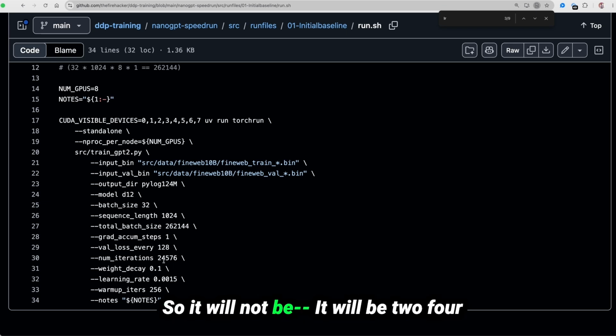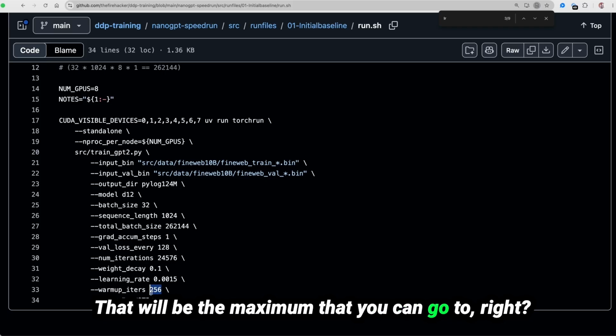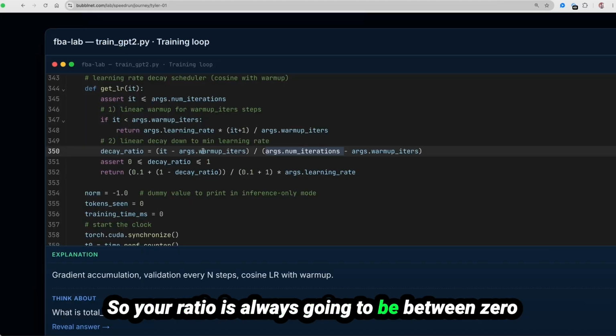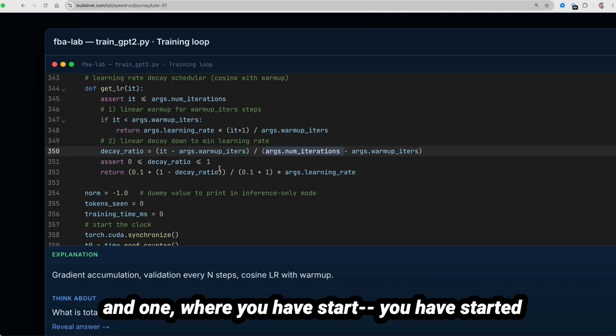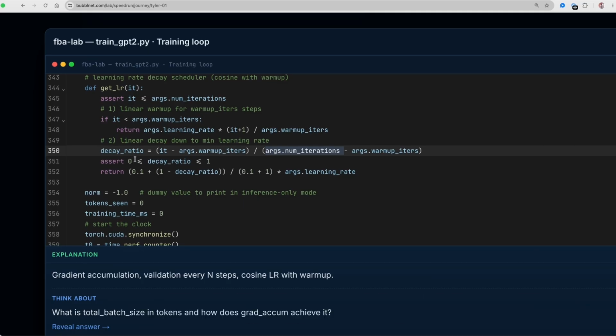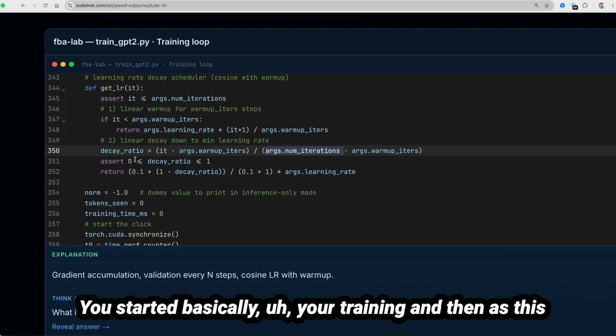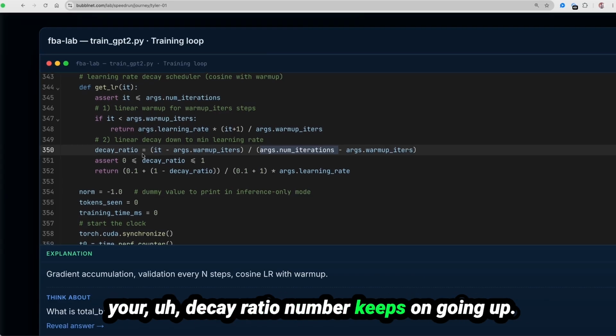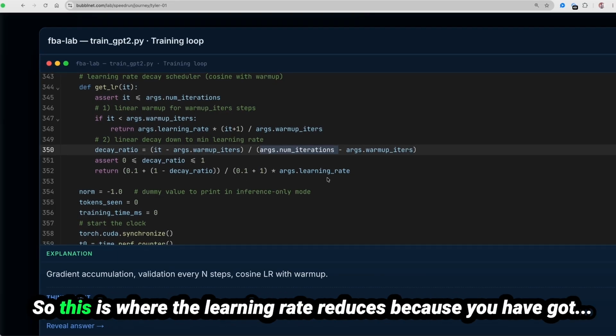So it will be 24576 minus 256. That will be the maximum that you can go to, right? So your ratio is always going to be between 0 and 1, where you started your training, and then as you keep moving ahead with the iterations, your decay ratio number keeps on going up. So this is where the learning rate reduces, because you are